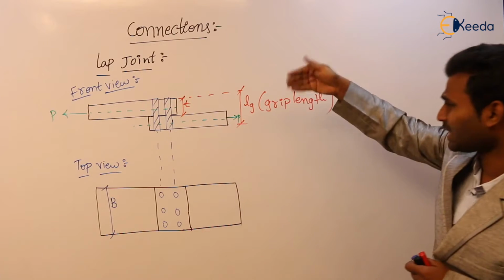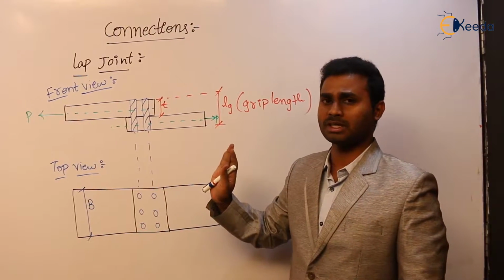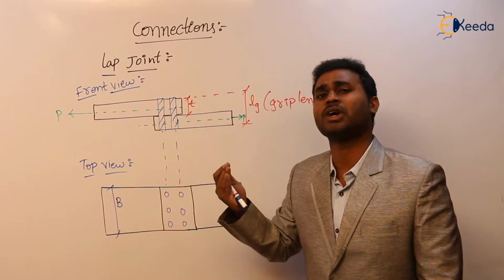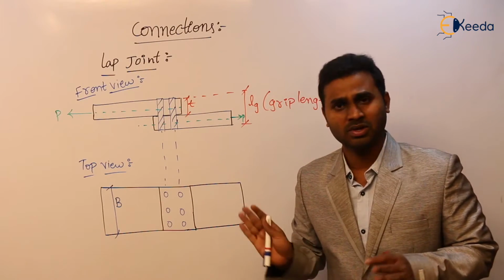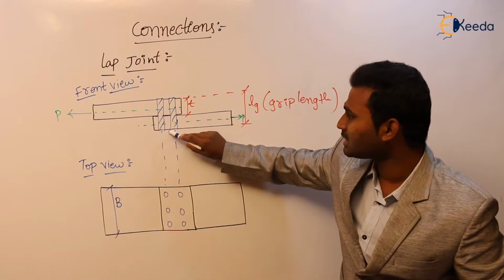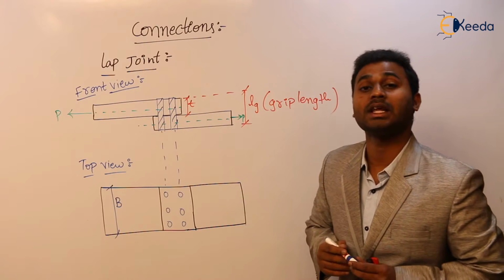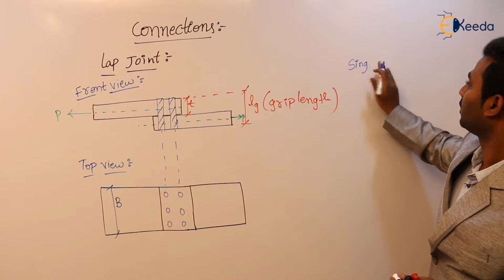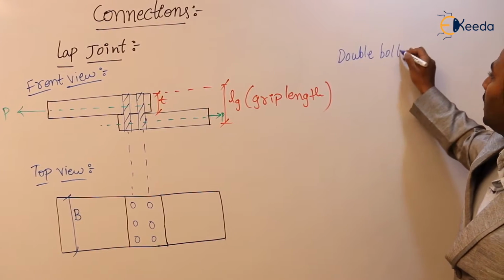Clear? So as I said, some terminology is there. For example, here how many lines of bolts are there? In each line, a number of rivets or a number of bolts may be present. And one more thing, whenever I use the word bolt, you consider it as a rivet. Whenever I use the word rivet, you consider it as a bolt. Almost both are one and the same; only the difference we have discussed. Clear? So now here how many lines are there? 2 lines. So whenever these 2 lines of bolts are present, then this connection is known as a double bolted lap joint.